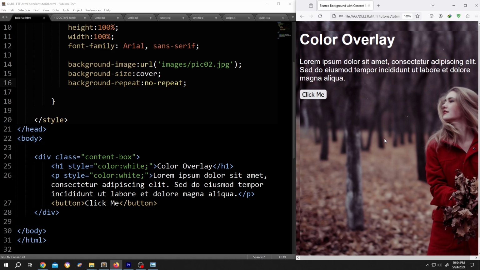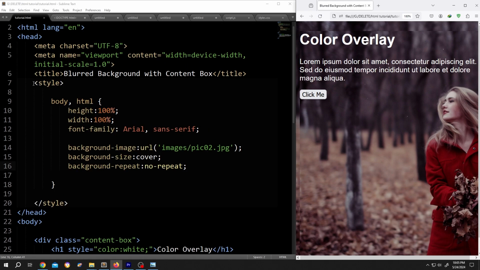As you can see now we do not have any overlay on our image, and inside the style section we called for our body where we put our background image, then the background image size cover so that it can